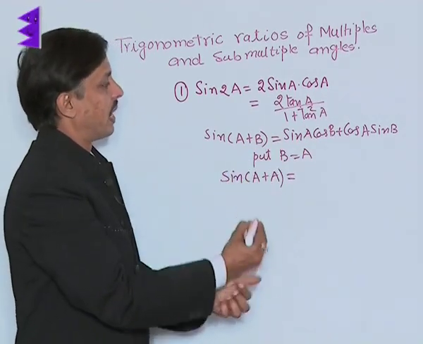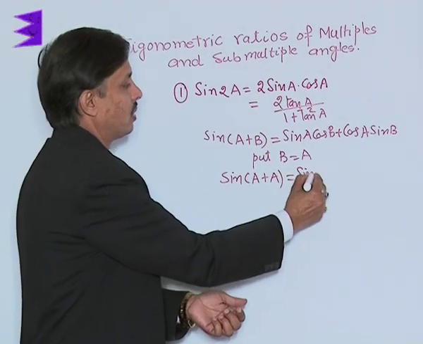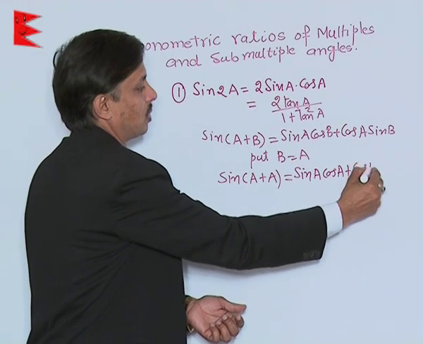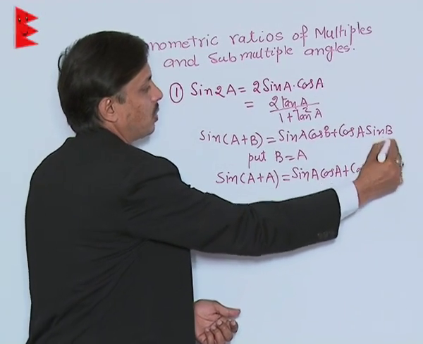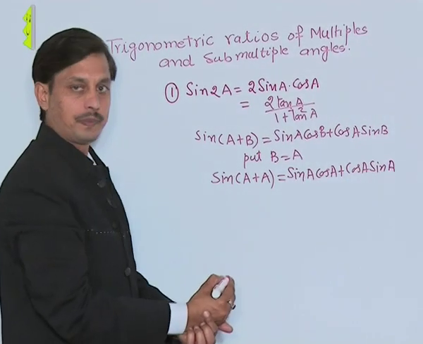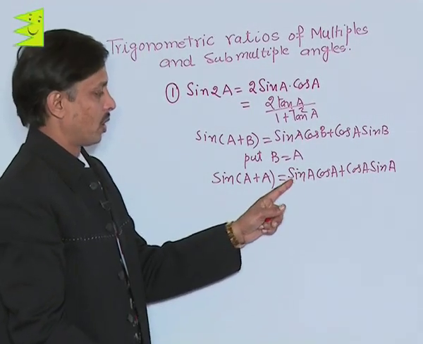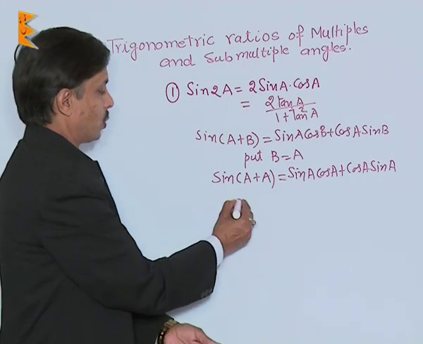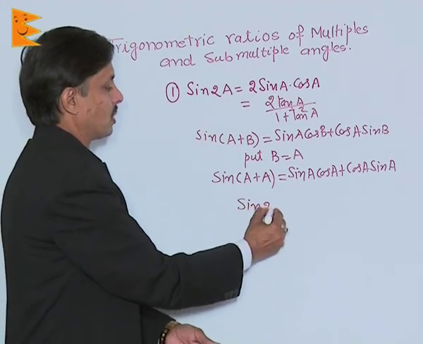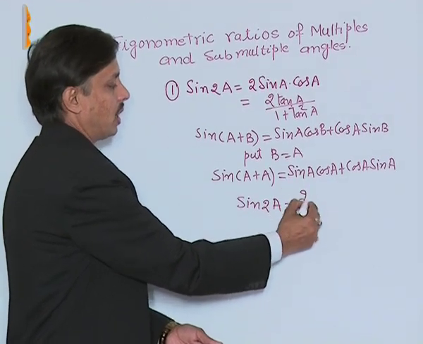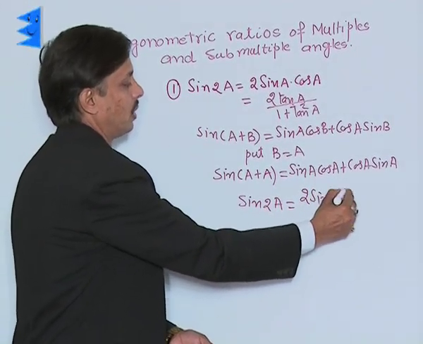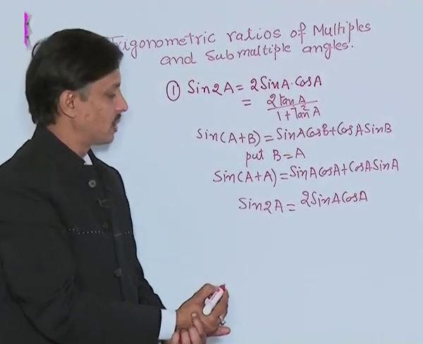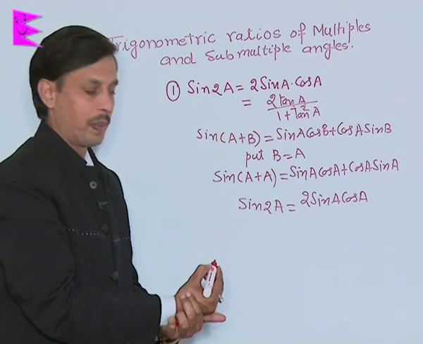So also in the RHS, the same needs to be done. Sine a cos a plus cos a, in place of b there is a. As per the product, sine a cos a or cos a sine a is the same value. So the left hand side becomes sine 2a and this becomes 2 sine a cos a. This is the first result required to discuss the problems of this topic.